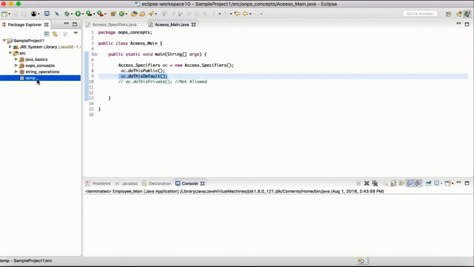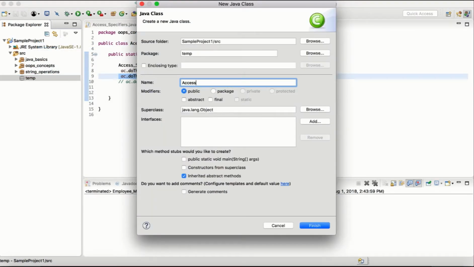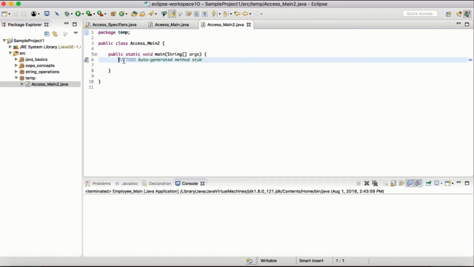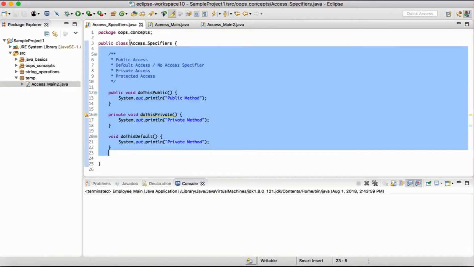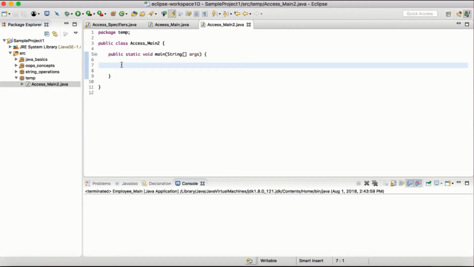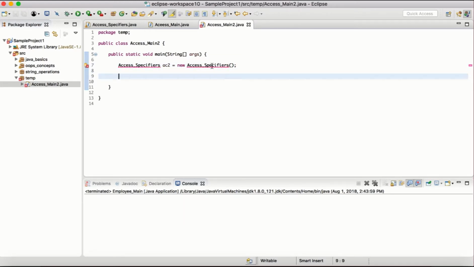And inside the temp package, let me create another class with the name as access main two, and I'm going to create a public method and I'm going to create the main method in that. Now let's do the same thing. Let's create the object of access specifiers class. Let us say AC2 is equal to new access specifiers, and with respect to this class, now there is another